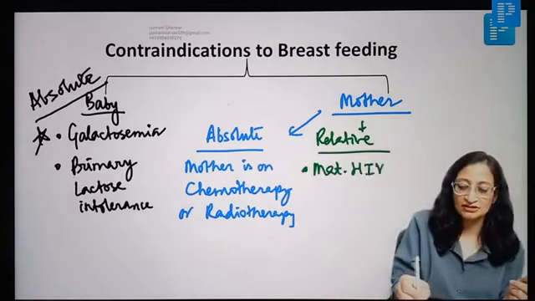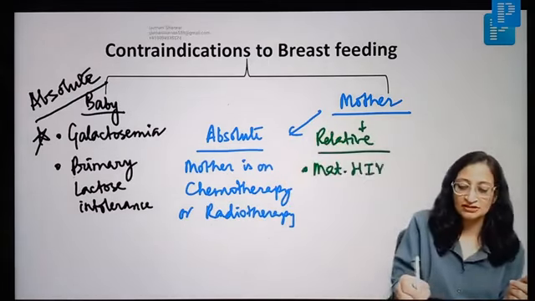So in developed countries, they say not to breastfeed. And in India also, where it is a resource limited setting, if the child comes from a well-to-do family who can afford a safe and reliable alternate feeding, you can avoid breastfeeding. But in most resource limited settings, most of the individuals who belong to the lower socioeconomic strata may not be able to give a proper replacement feeding which is safe, feasible, and affordable. So in that situation, doing breastfeeding is much better than not doing it, right? Okay. So maternal HIV, what else?